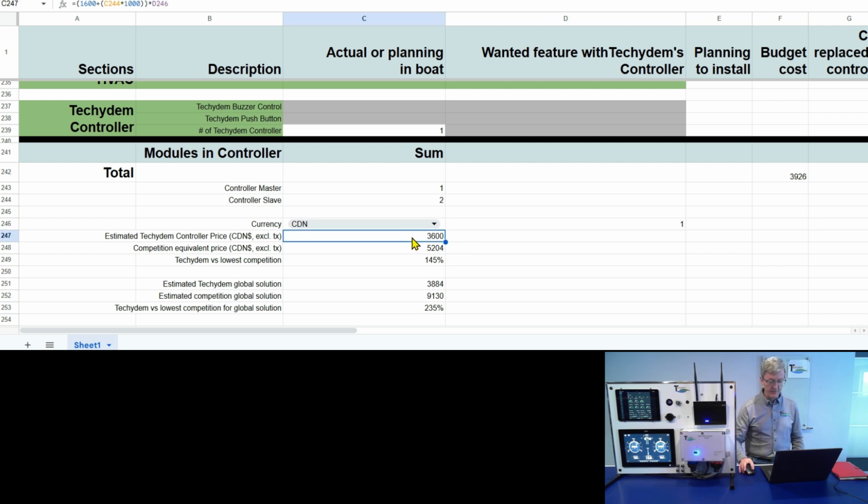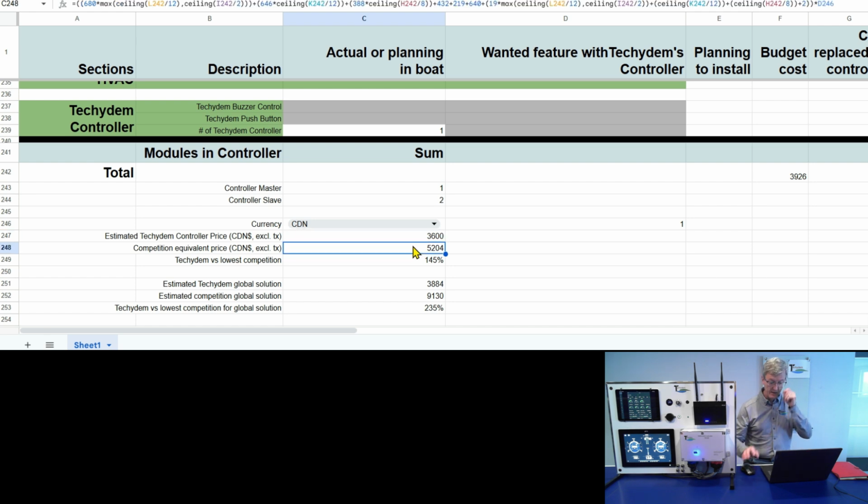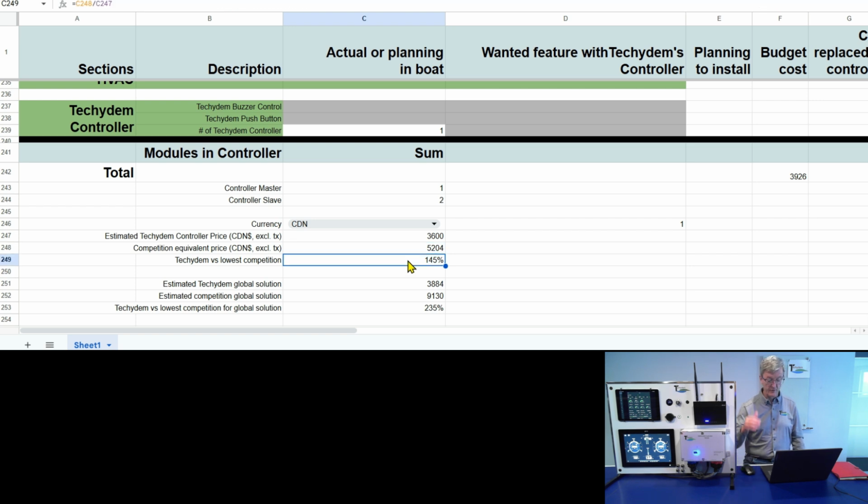And that gives you an estimate that, for example, here, if we had to do that exact solution, it would cost 3,600 Canadian. If we had to go with the competition just for the different units, it would be 5,000. So there's a difference of 145%.